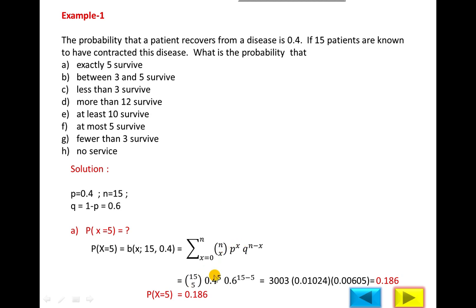So n is 15, x is 5, p is 0.4, raised to the power 5, and 0.6 raised to the power n minus x, 15 minus 5. 15 combination 5, solve using the formula or calculator. We will obtain 0.4 power 5, 0.6 power 10, which is equal to this. The probability is 0.186. So if 15 patients contact the doctor,